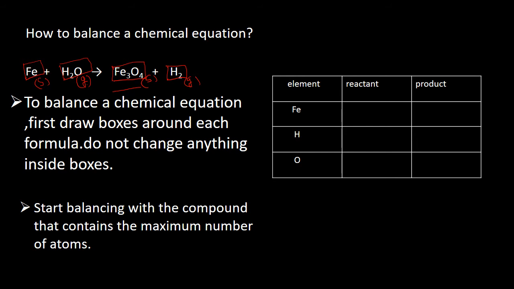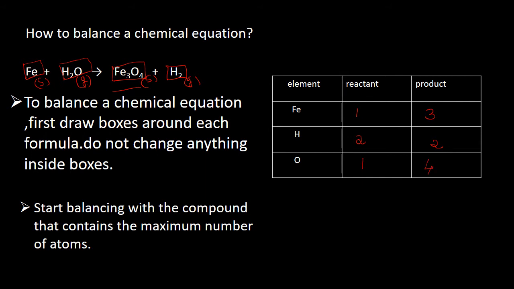Iron, hydrogen and oxygen are involved here. So reactant side, how many iron atoms are there? Only 1. And product side, there are 3. And hydrogen, how many are there on the reactant side? 2. And on the product side, it is again 2. And what about oxygen? Oxygen is only 1 on the reactant side, whereas on the product side, it is a